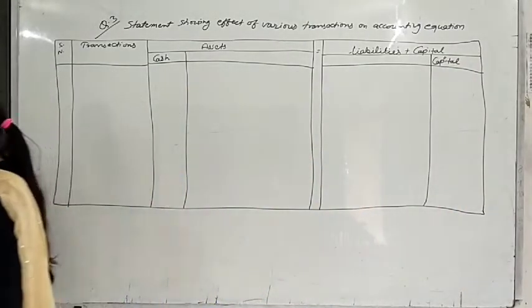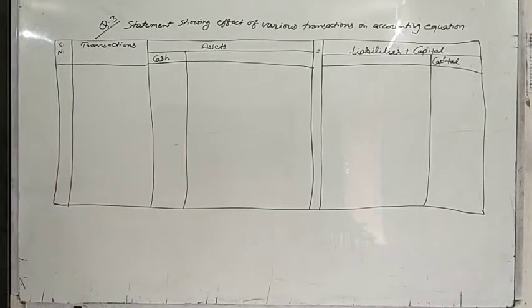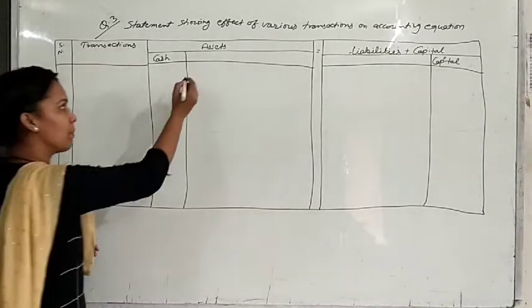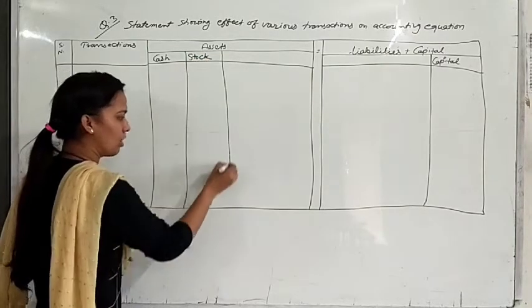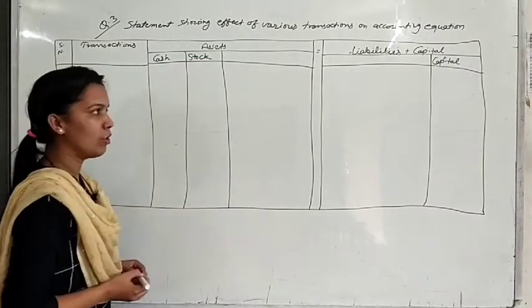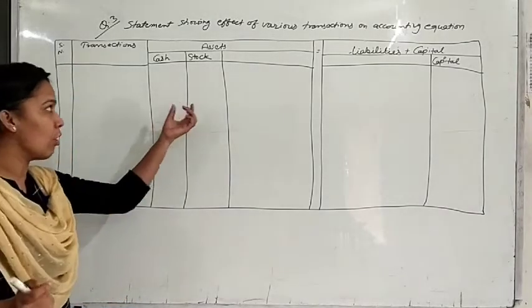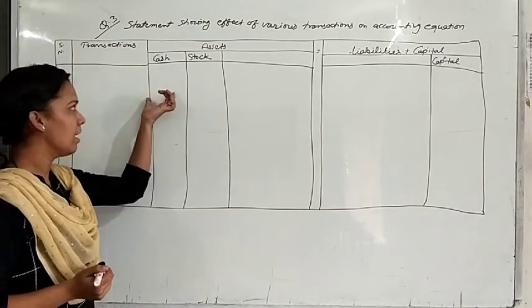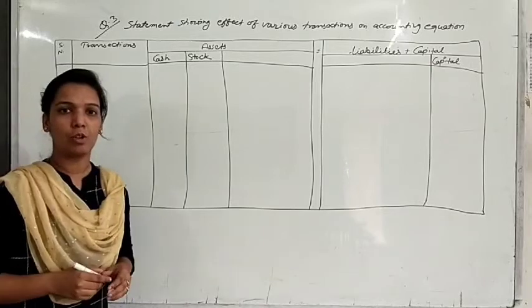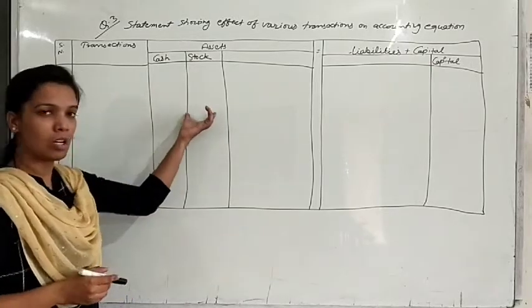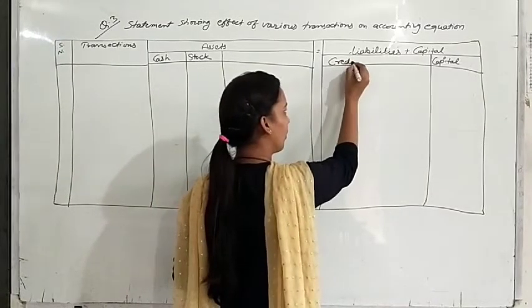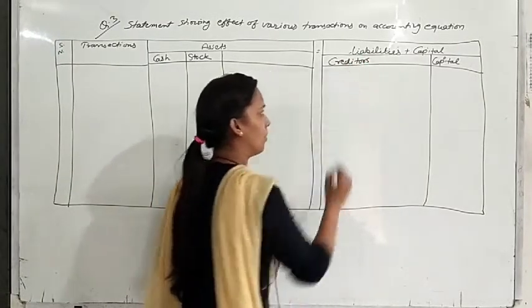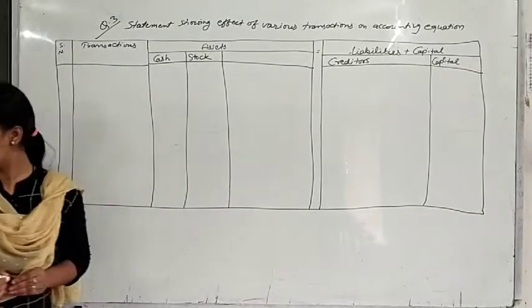Okay. The next point, purchased goods for cash and on credit. You are purchasing goods. Goods means stock. You are purchasing goods on cash and on credit. So when you are purchasing goods on cash, 2 accounts will be affected, that is stock account and cash account. If you are purchasing goods on credit, then stock account and creditors account. So the second account affected is the creditors account.